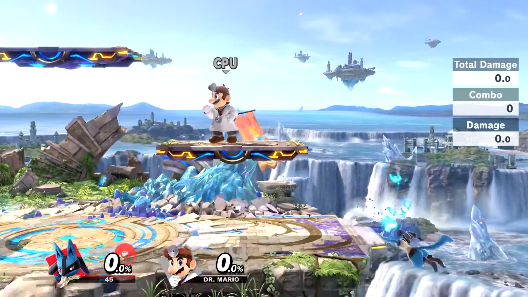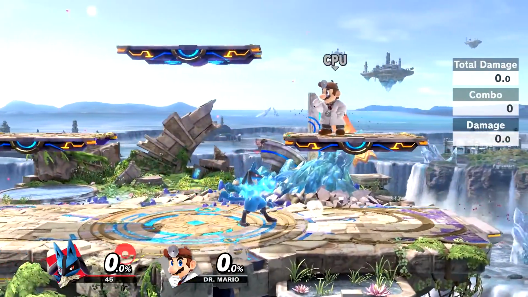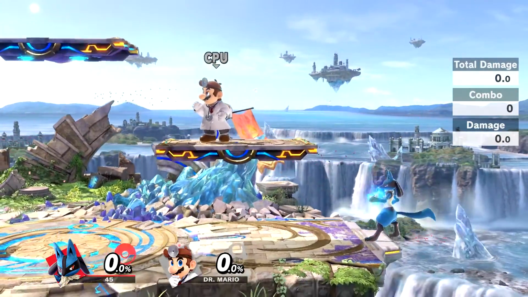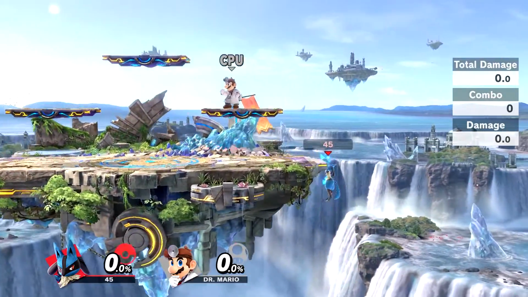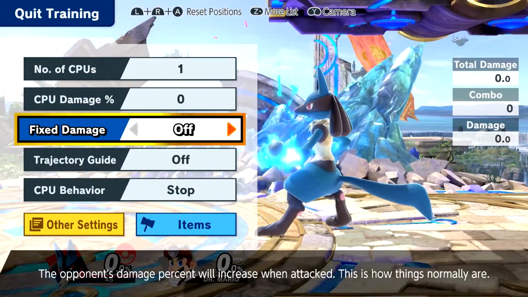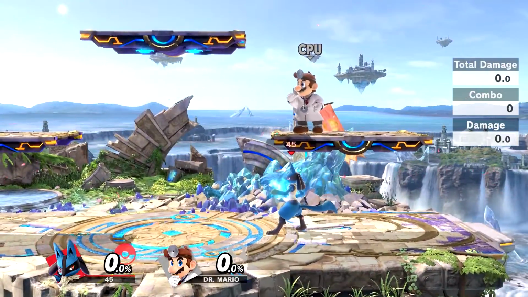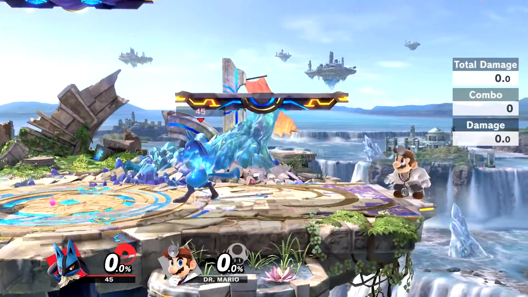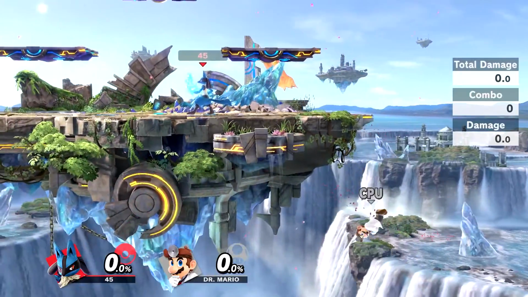The thing about Lucario is that they changed this. I don't know if you can say that it has been changed, but I don't know why this is implemented in the game. Normally, I can actually show you this if the bot is set on control. So if I set my bot to control, and I use Dr. Mario, I jump off the ledge, up B,